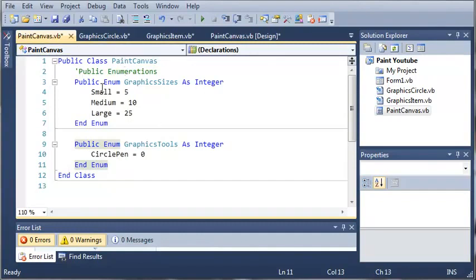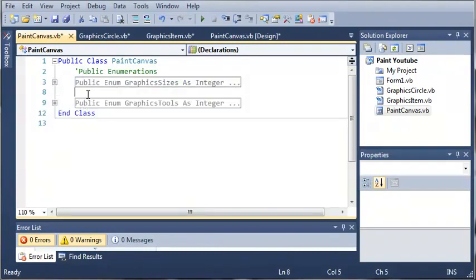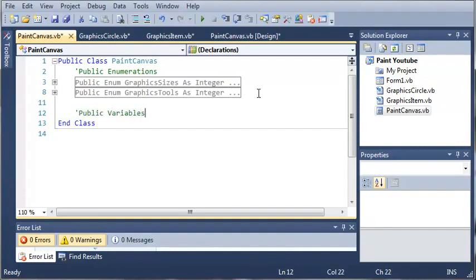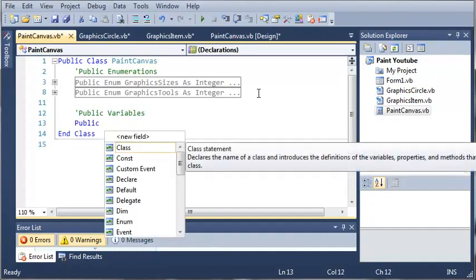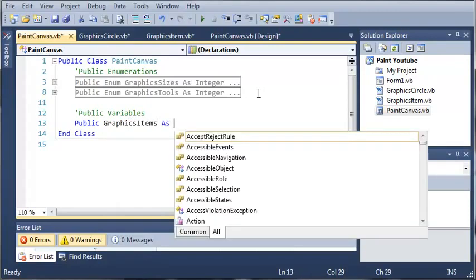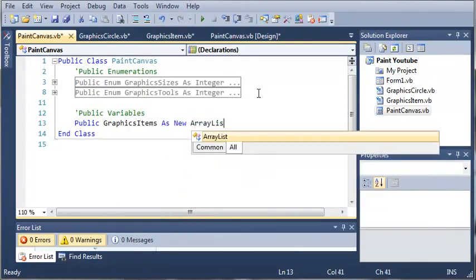So here is our PaintCanvas class. We've got our enumerations, the graphic sizes, and the graphics tools. So we'll go ahead and put those two together. Now let's go ahead and create some public variables. So public variables, and let's make an array list. So public graphics items as new array list,